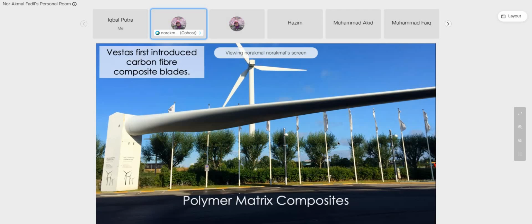If they don't use composite, what other material can they use? A polymer or aluminum metal? Aluminum is very heavy and polymer is not stiff. You need to make it thick and wider if you want to use polymer. But if you use thick and wide, you cannot optimize the wind energy